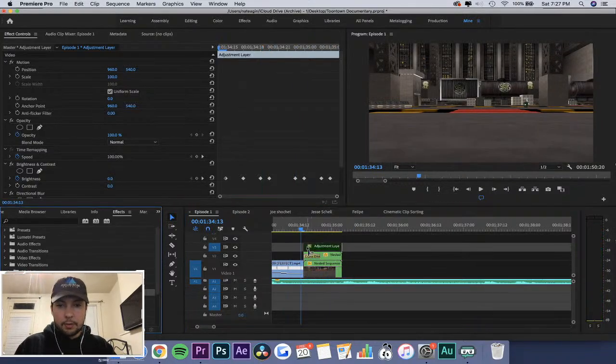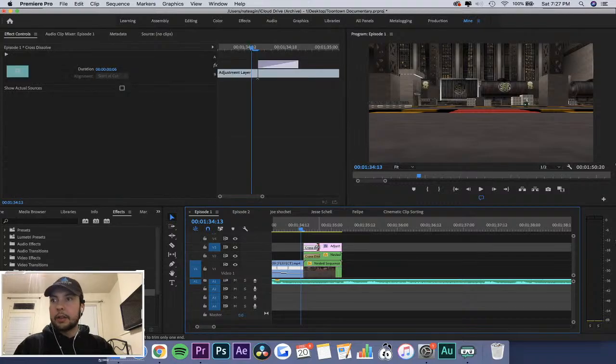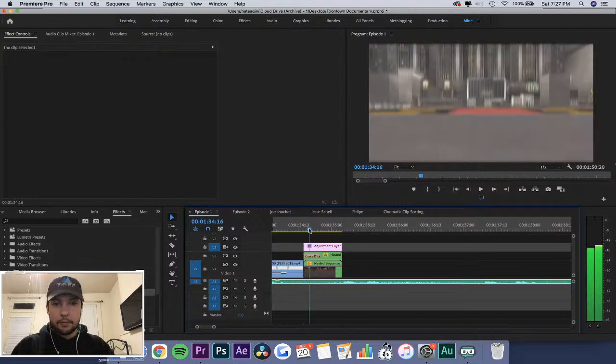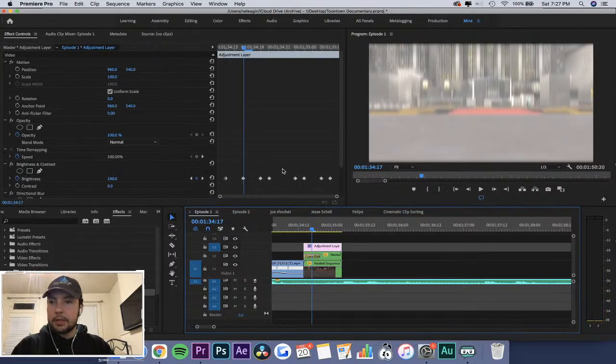Can you, wow, that's crazy. Adjustment layers are so overpowered. Oh, actually, you can do that. Okay. Just making sure.